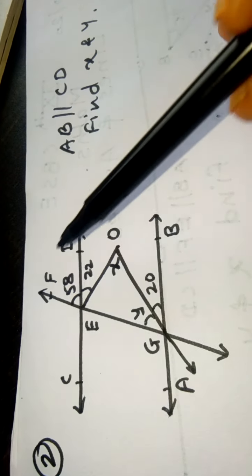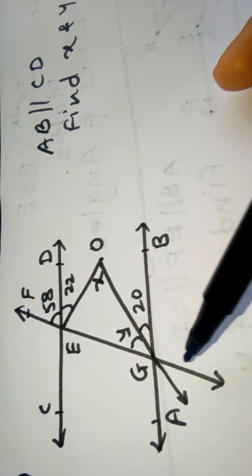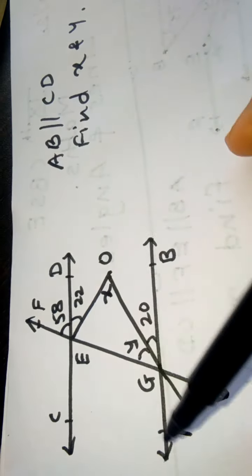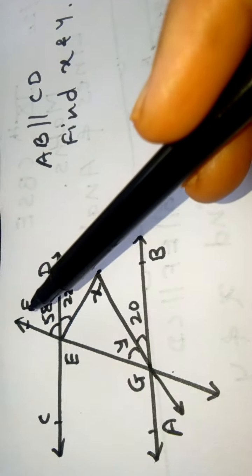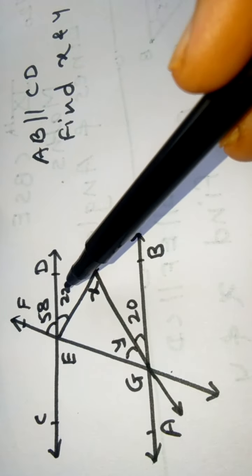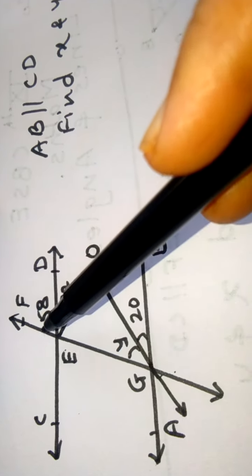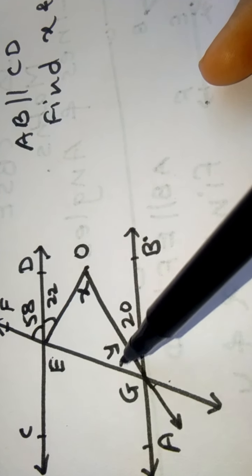Now see the second question. In the figure, line CD is parallel to AB. Line EG is a transversal. Then we have to find the value of X and Y. Since CD is parallel to AB, and EG is the transversal, angle FED and angle EGB are corresponding angles. Therefore it is 55 and hence Y plus 20 is also equal to 55.